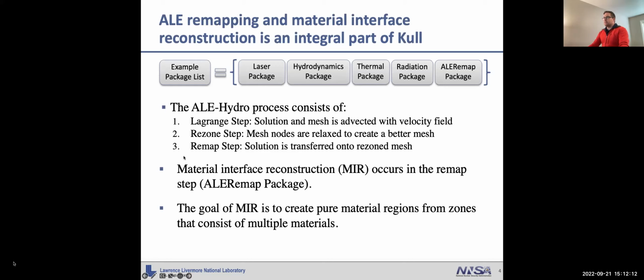And then you have the remap step where your solution that you have from the previous mesh has to be mapped onto the new mesh. The material interface reconstruction occurs in this remap step, this third step of the ALE hydro process. The goal of the material interface reconstruction is to create a pure material region from zones that consist of multiple materials. So if you have a zone, element, cell, whatever you want to think about, if it has multiple materials in it,